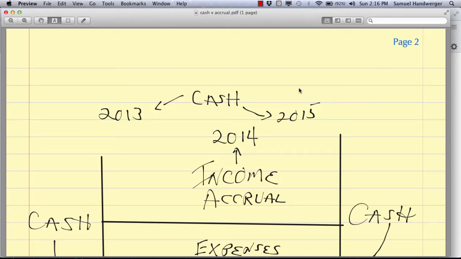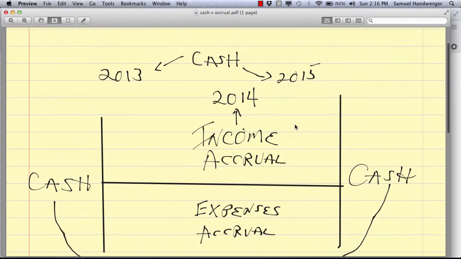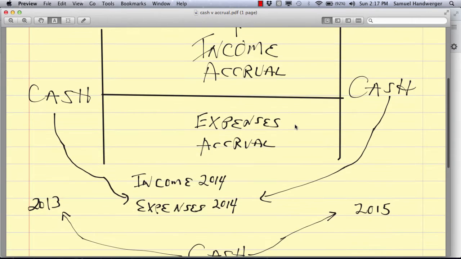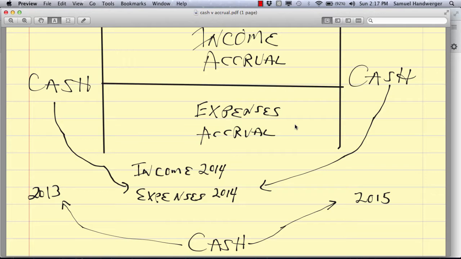Greetings. Here we are again talking about cash versus accrual accounting, and we're going to try to do it yet again to see if we can come to an understanding of how the interaction between accrual accounting and cash basis accounting works within a set of books of records, so that when you go out into the real accounting world, you can convert from cash to accrual or accrual to cash,